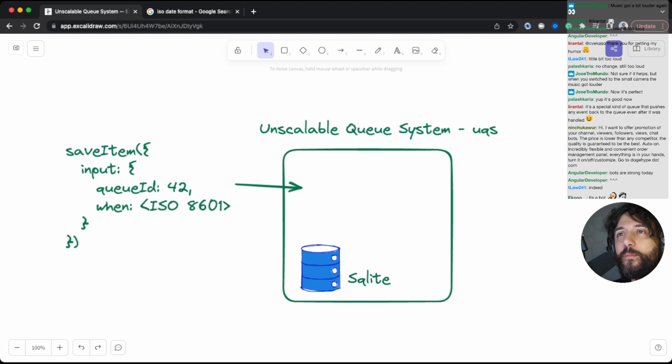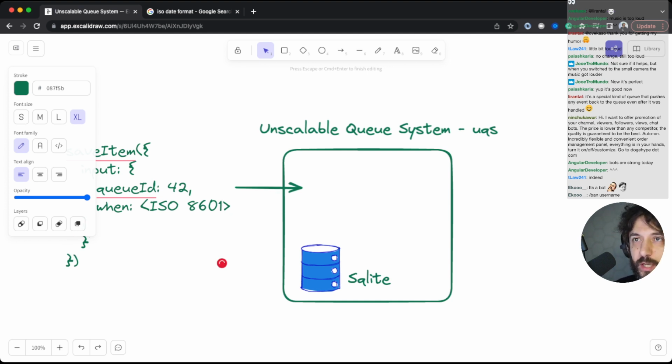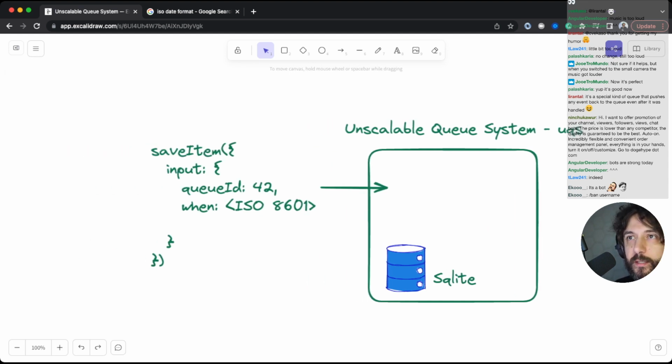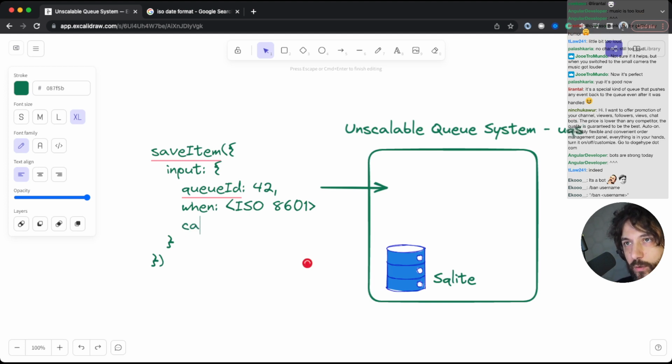Anyway, so we are here building this. We have save item, and I want to have an address, which is, oh, sorry, I need it here. I want to say URL, and here is a callback URL, and this is a URL.